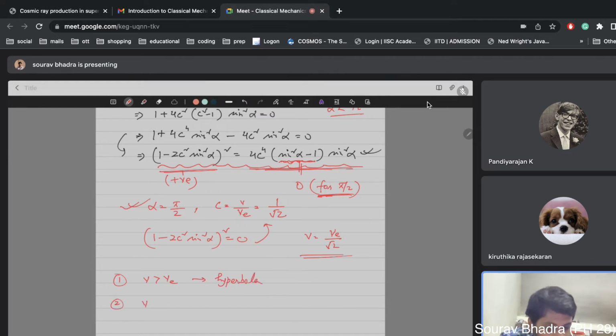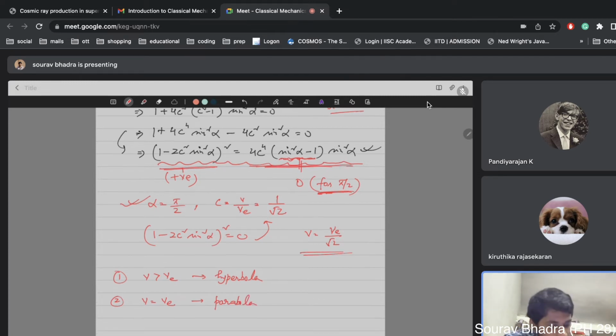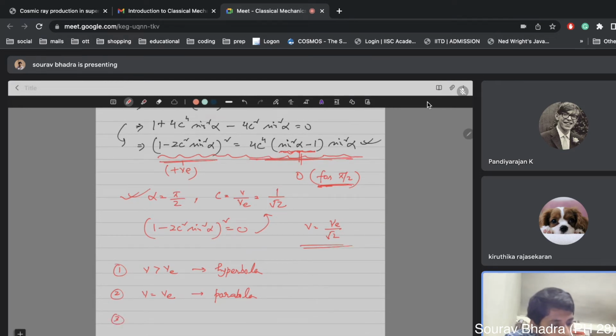Second, if you throw it at v equals ve, that is the escape velocity, it will follow a parabolic path. All these are coming from the condition of epsilon, that is the eccentricity. And if you throw it with a velocity